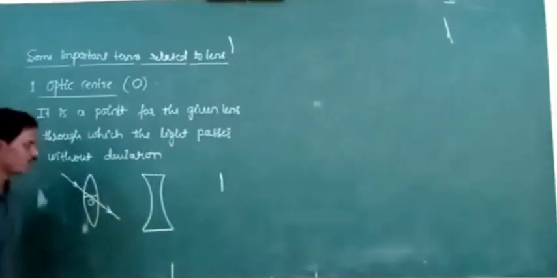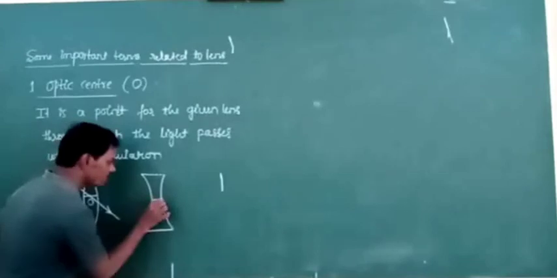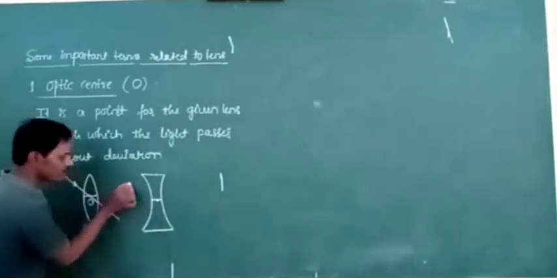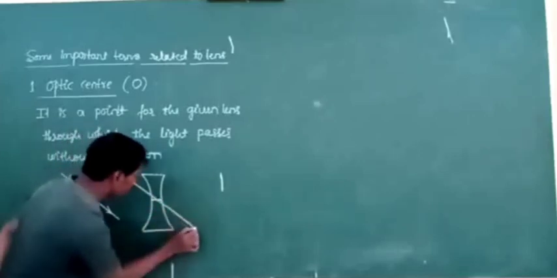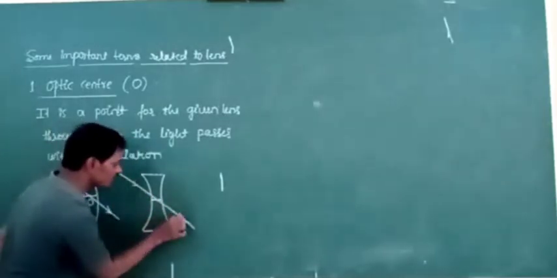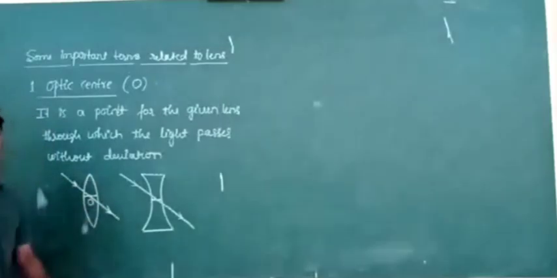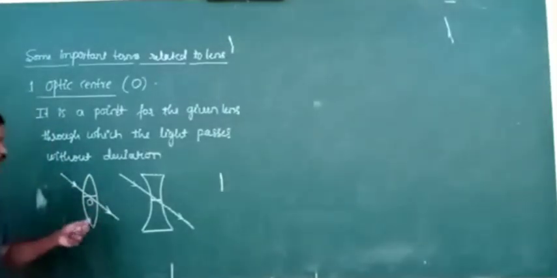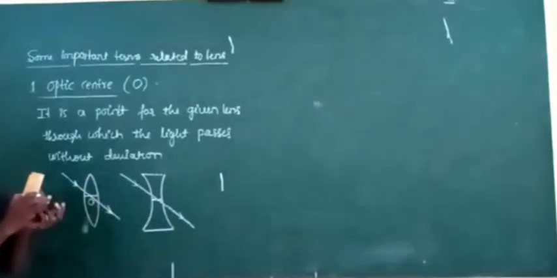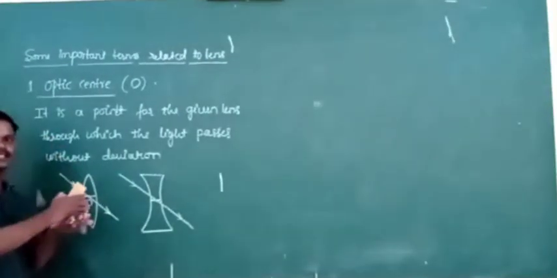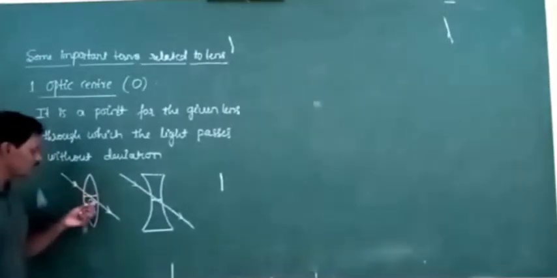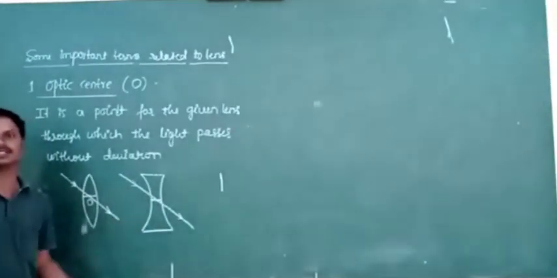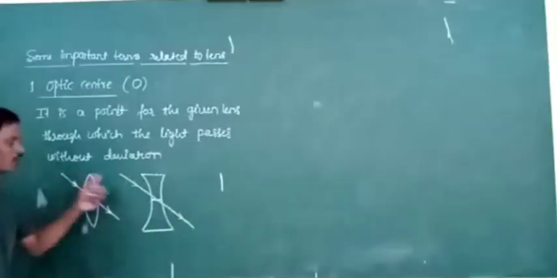Okay. Then let us take the point inside the lens now. Whenever we send the light through this point, the light passes without deviation, because here the emergent ray and the extended incident ray both are parallel to each other and they are very close to each other. When they are very close, the emergent ray and incident ray coincide. Then the light appears to pass without any deviation whenever the light passes through the optic center of the given lens.